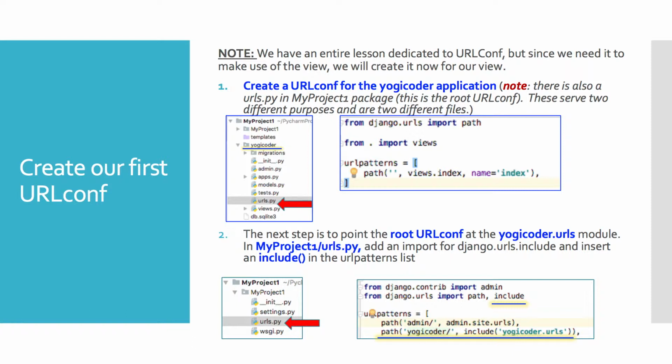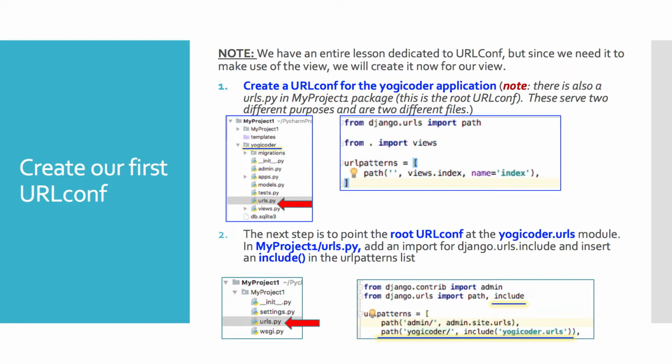But if you see here, I have my container. I call it My Project 1. And then inside I have my project, My Project 1. And then inside that, I created an application called Yogi Coder, because this whole training series, this inch-by-inch training series, where I hope to go into enough detail to really teach a man to fish rather than give a man a fish, and you guys will let me know if I hit that sweet spot. This is all about building this site, which is great for me, and hopefully it's great for you.